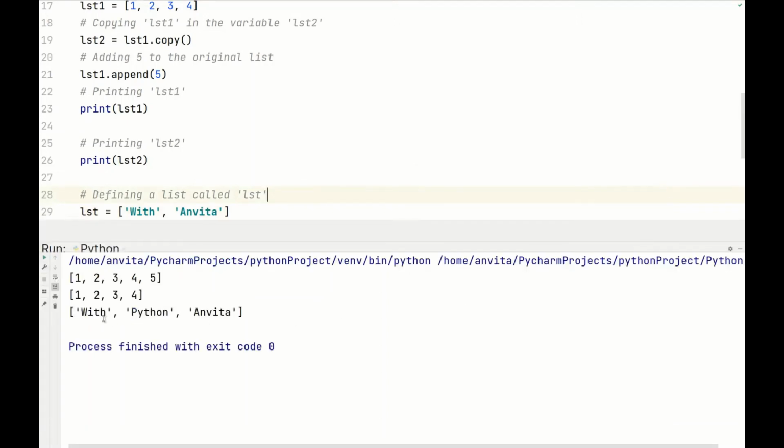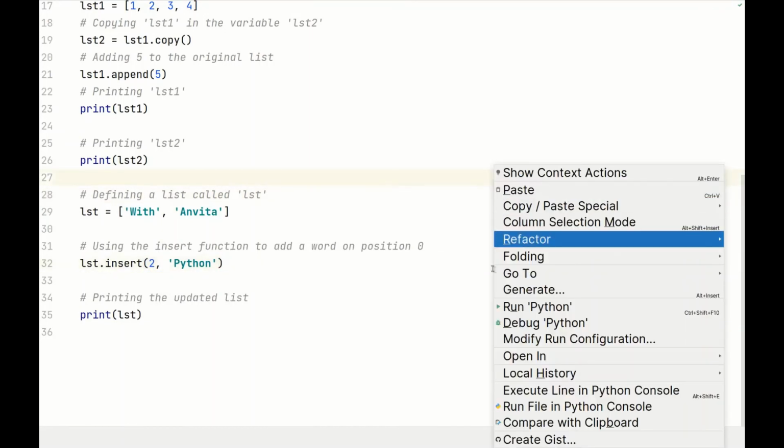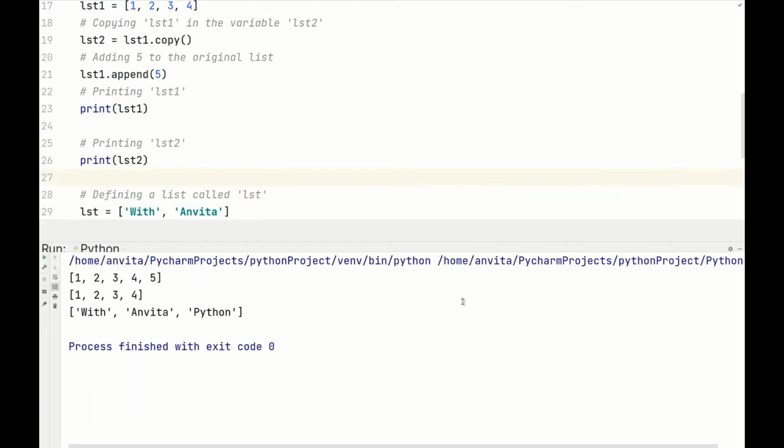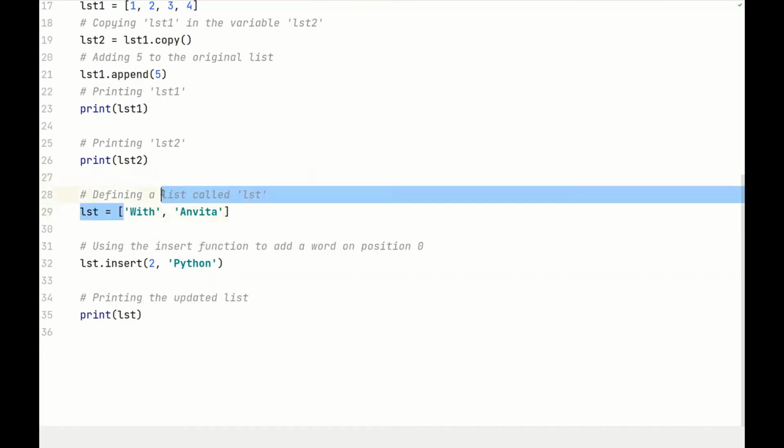So if I run this it says width Python Anvita, so I can put it easily in between, and I can also put it in the end. So I can put it on value 2. Now when I run this, it'll do that. Now you can also do this with numbers. So if I take this